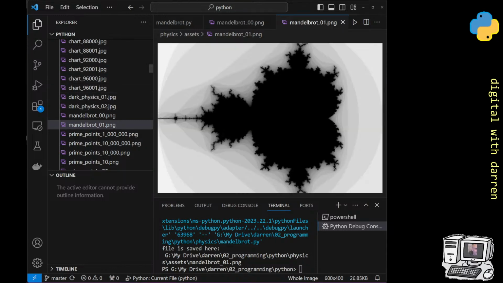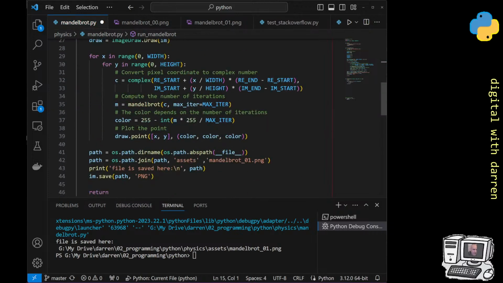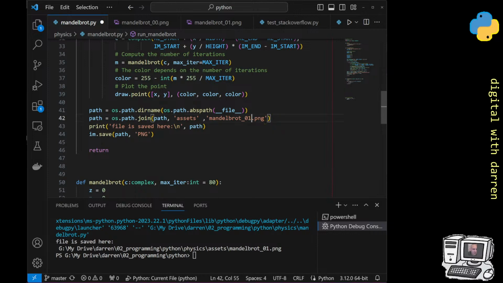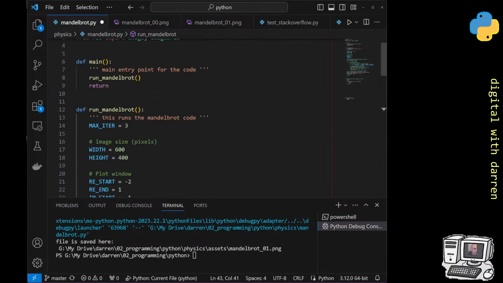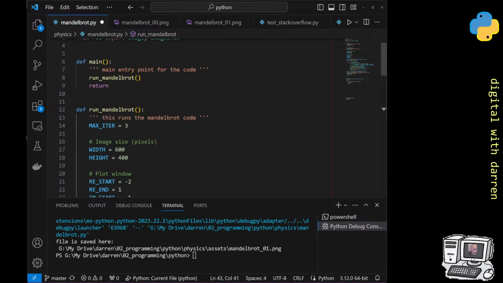This is the nice thing about doing it like this: we could go right down to 3, and we'll rename our Mandelbrot to Mandelbrot 2, and I'll actually make that 2. I do kind of know what it will do. It's going to make it more granularized as well, and maybe this highlights it quite nicely. If I run this again,